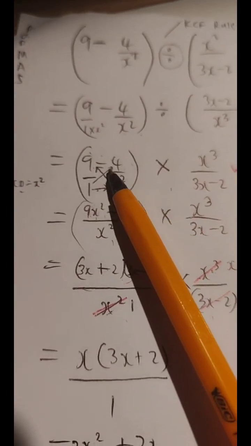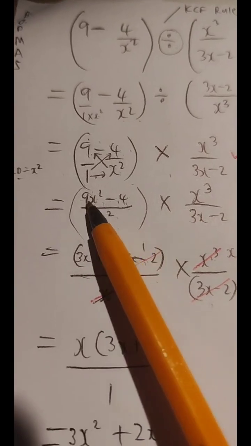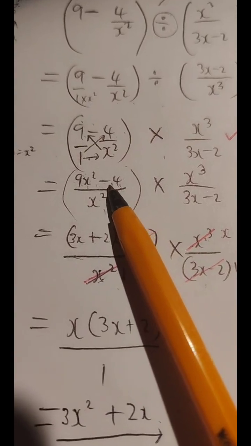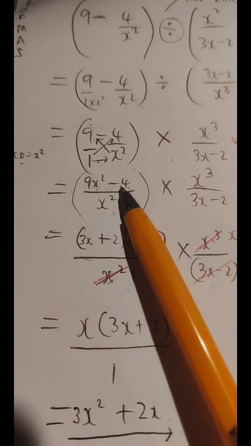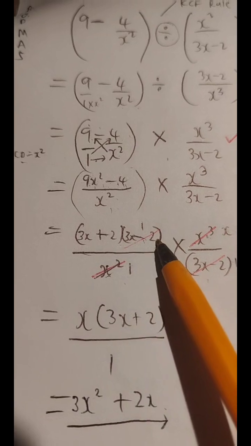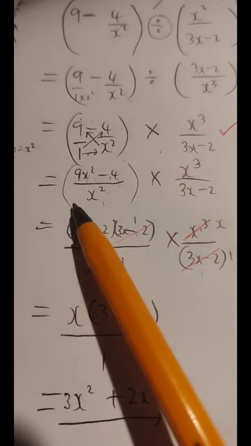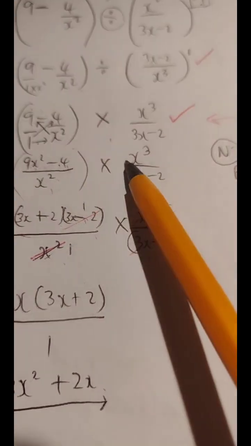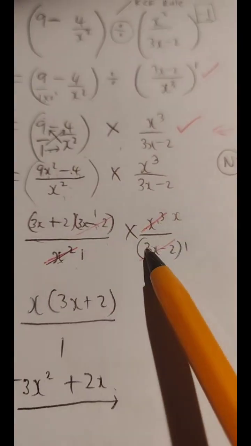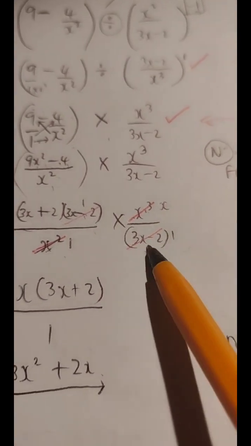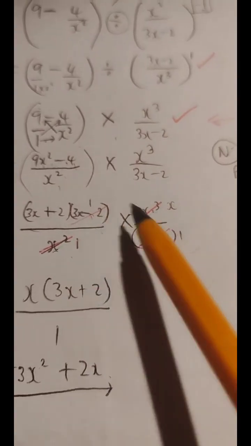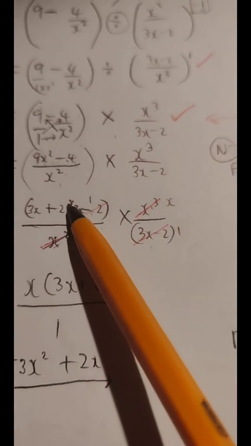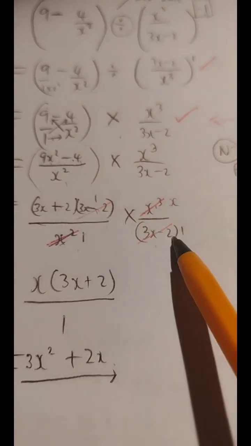Anyways, coming back here, guys. So here we have 9x squared minus 4. Here at the top, we factorize, guys. Look at that. We factorize, okay? X squared at the bottom, not factorizable. X cubed, not factorizable. This here, we just put in brackets, to show that the highest common factor 1 we've taken out. That allows us to be able to cancel top and bottom what's common. So that and that cancels, because 3x minus 2 divided by 3x minus 2 is 1.